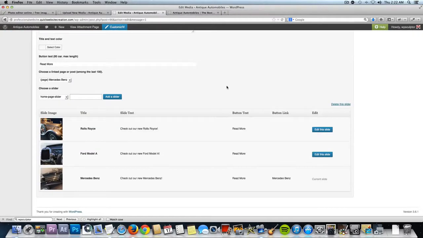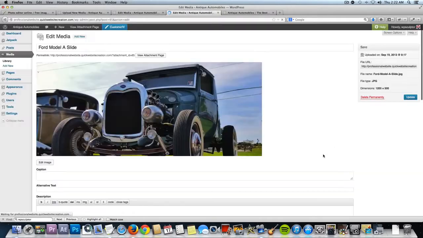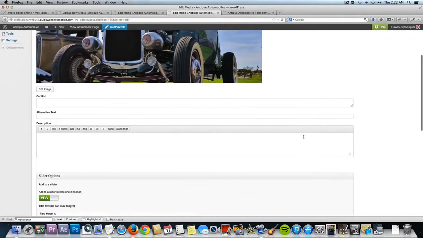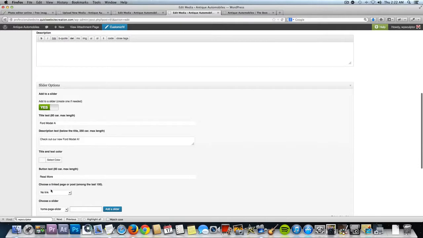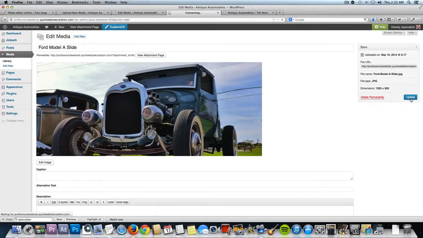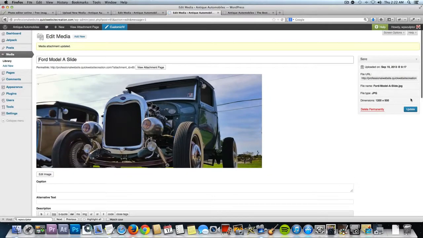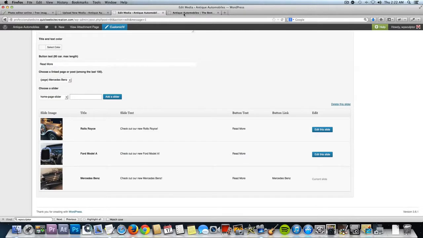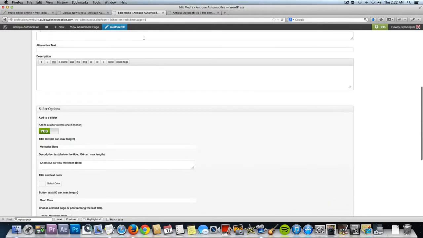I can close out of that, and then I can open up my Ford slide, scroll down, and change that to be my Ford page. I'm going to scroll up and update there. Okay, and now I can exit out of this tab, and then I'm going to go back to the Customize It button